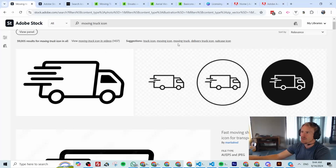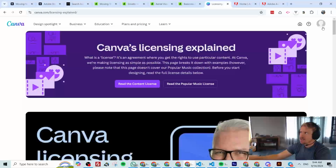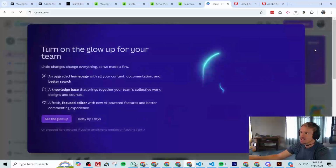So I kind of jumped away from this at that point and said, forget about Adobe Stock. And I started going back to this idea of working with Canva. And what's nice about Canva is that